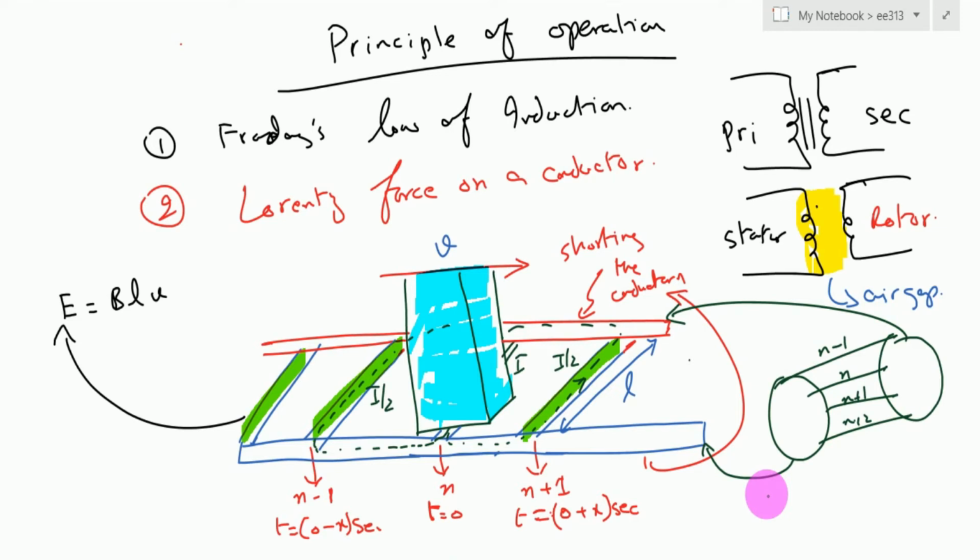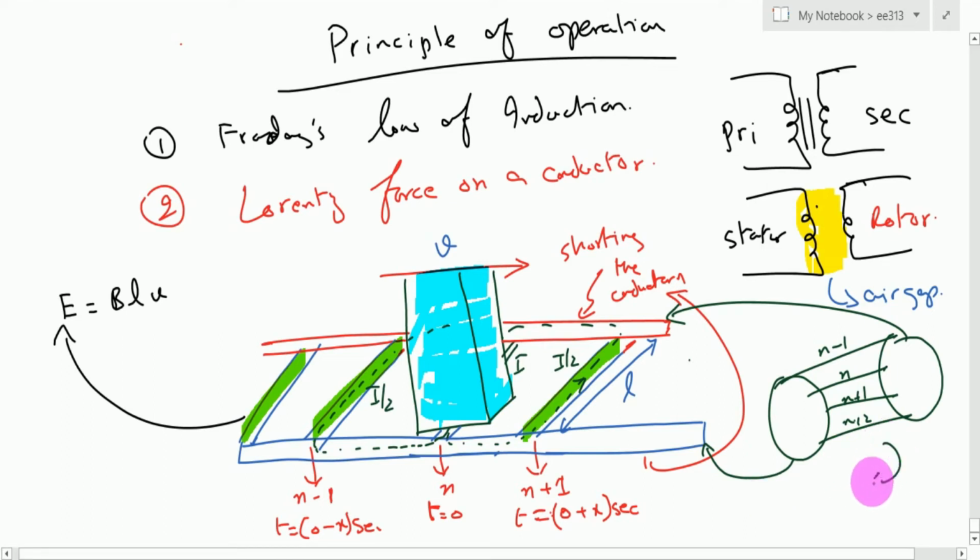So it can only be possible to nullify the effect if the rotor also moves in the same direction where the stator magnetic field is moving. So if the stator magnetic field is moving in a clockwise direction, then the rotor also has to move in the clockwise direction, because this is the only way through which the rotor can nullify the effect of the stator magnetic field. And this is exactly what the Lorentz force on the conductor, or Lenz's law, tells us.